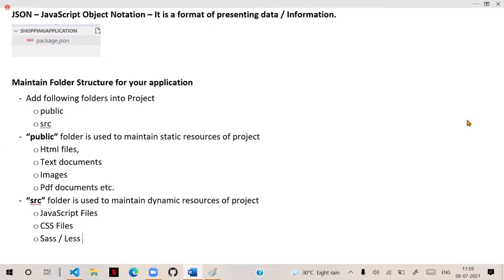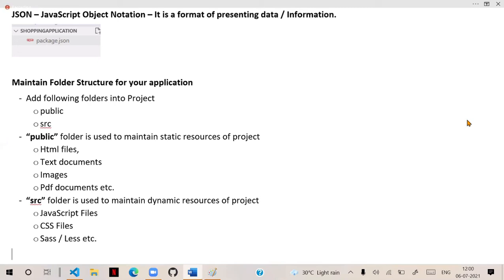All these are dynamic files. Later you will learn what Sass and Less are. All these dynamic files are kept inside this SRC folder: JavaScript files, CSS files, and the Sass and Less files.